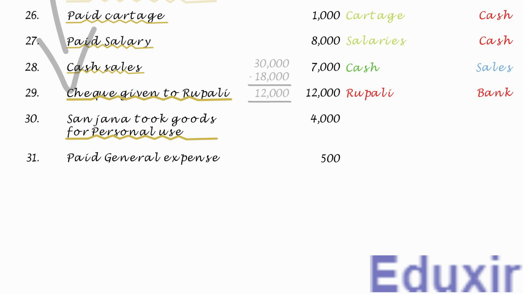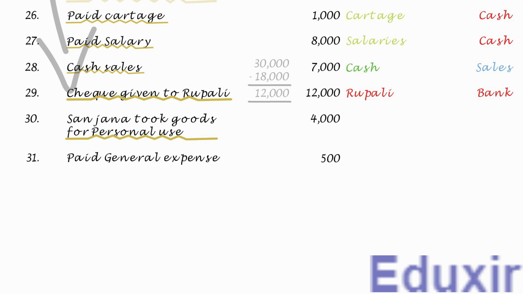As you know, when the goods are purchased, they are recorded in the purchases account. When these goods are taken by the owner in the form of drawings, they reduce the purchases. If you are in the initial stages of learning accounting, you might be wondering whether the goods drawn for personal use should be recorded in the purchases account or purchases returns account. Note here that the goods are drawn by the owner for personal use and are not returned to the supplier. The purchases returns account is used only when the goods are returned to the supplier. So, in this case, we will be recording them in the purchases account.